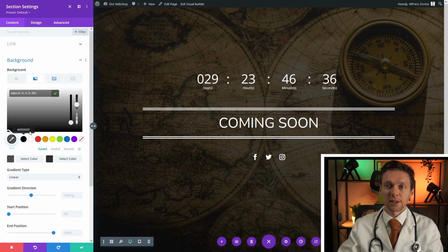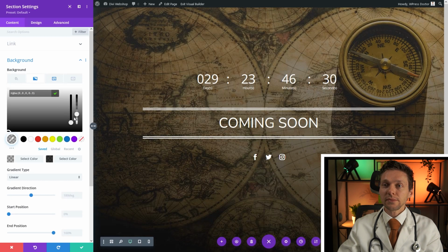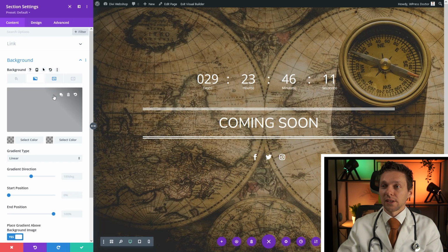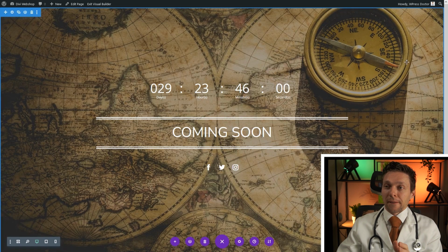So we're going to press again on the color. And we're just going to light it up a little bit. Now we have a gradient that starts out lighter and slowly goes darker. If you don't like it, you can just change it to whatever you want, or you can just copy it, press OK, and go to the other color. Select this one, press paste, save it, and there we have it. Press save, and our page is completed. And now we have another beautiful page. And of course, you can add more text and anything to it.